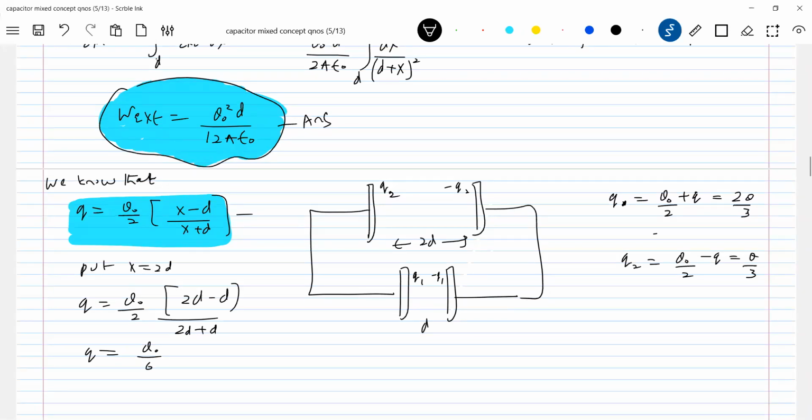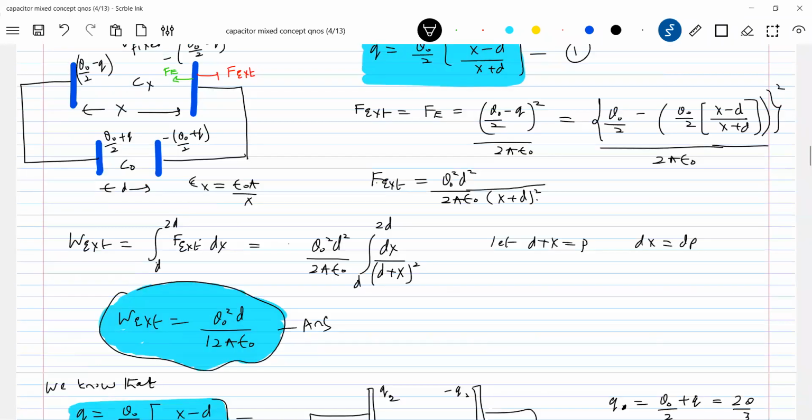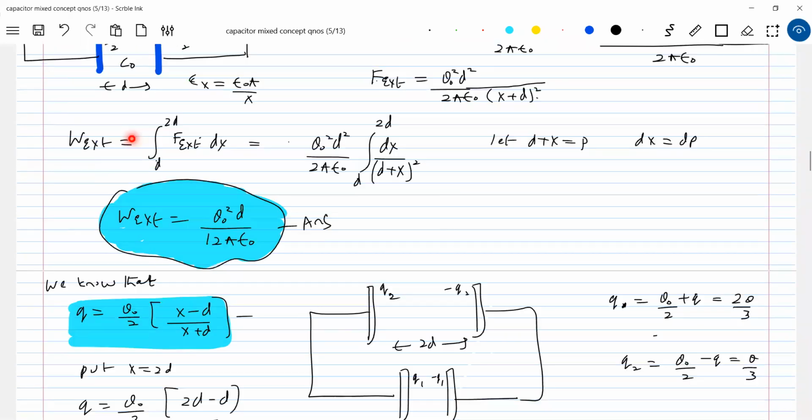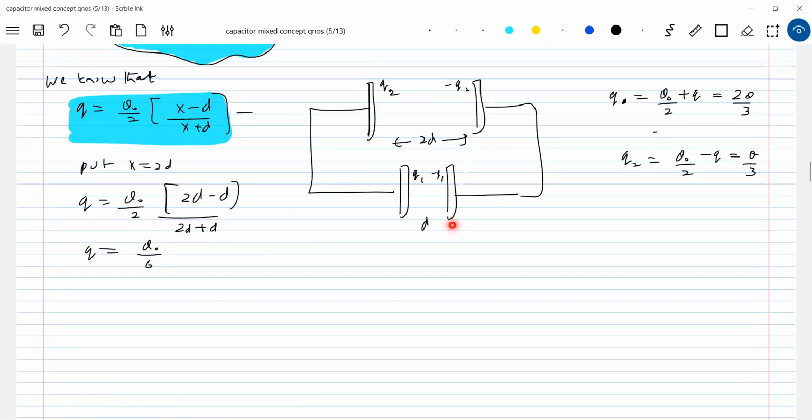By chance, if you get this Q negative, what you should do? You should change the sign for the Q. See, it happens, so you need not bother much here. Suppose here I assumed plus Q. If you get the answer Q negative, then here you write Q naught minus Q, and here you write Q naught plus Q. So don't bother if you get a negative sign, just change the sign of the Q. I got Q positive only after substituting. So this is the final charge in this one.